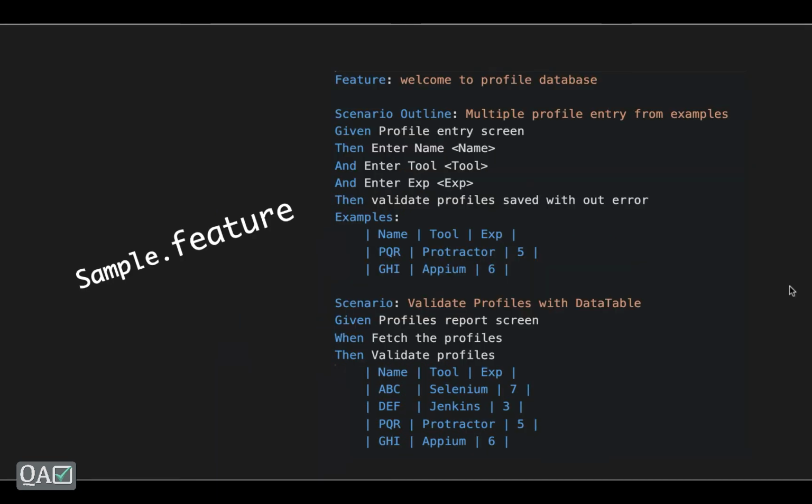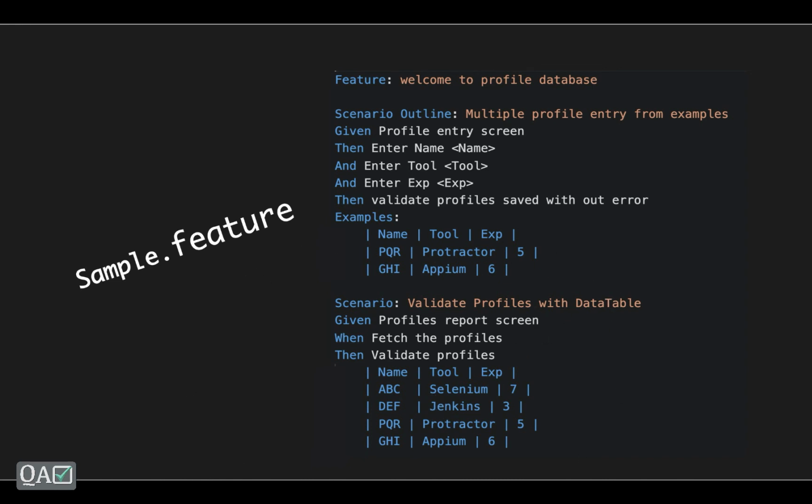But in this example, you can mention tags, like at the rate data entry, at the rate data fetching. Let's say your application changed something on the report screen. If anything changed on the report screen, the PA or the product owner might not want to execute this scenario. So they can have separate tags.